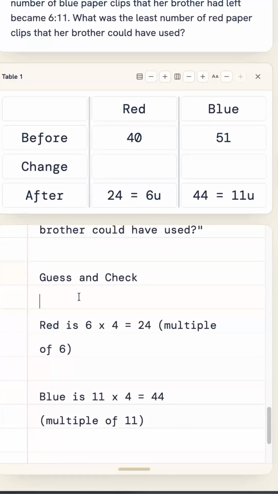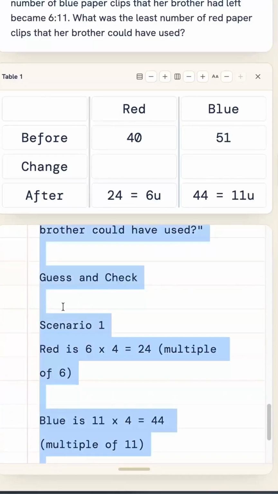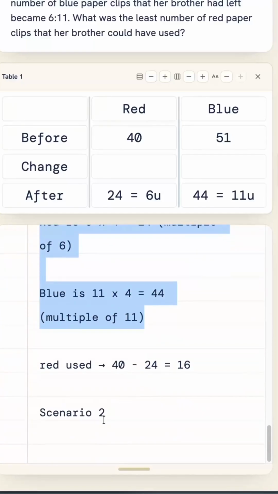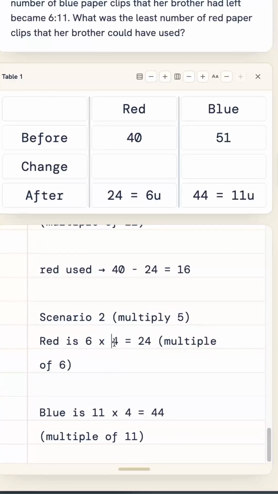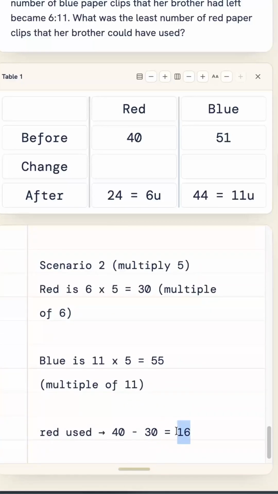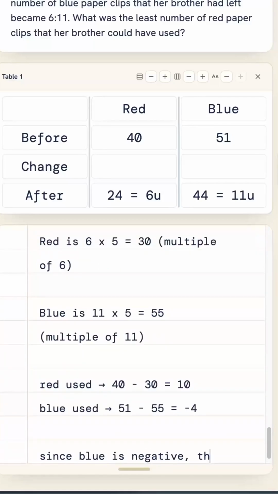So this is, I would say, scenario 1. If we use scenario 2, let's say we multiply each by 5 instead. So 6 times 5 will be 30, then 11 times 5 is 55. Red used would be equal to 40 minus 30, which is 10. Definitely smaller. But blue used would be equal to 51 minus 55, which is negative 4. Since negative is not possible,